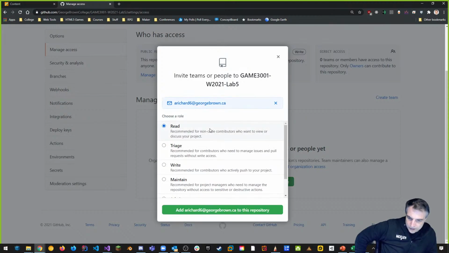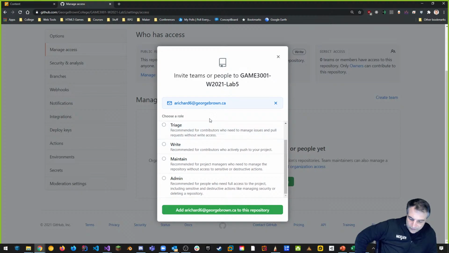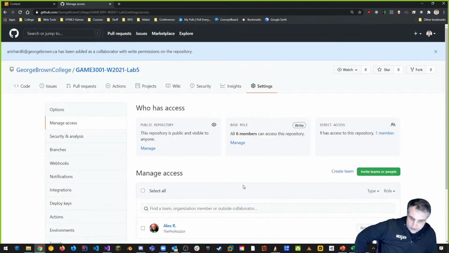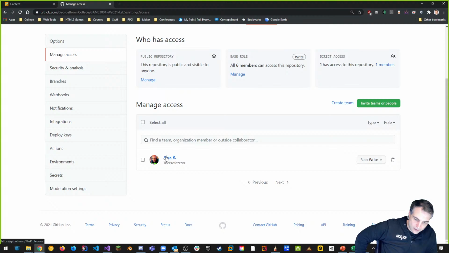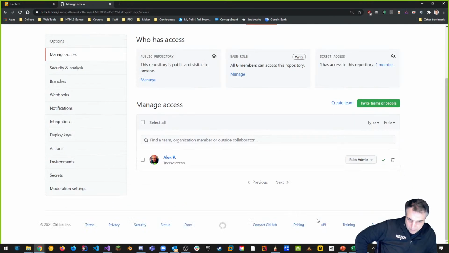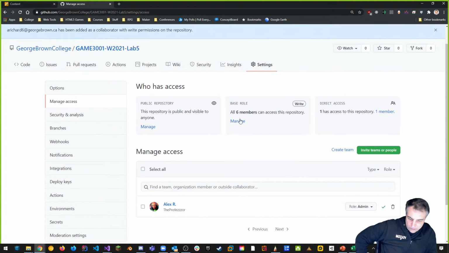So if I do this and click on add, Richard at georgebrown.ca, I can give him whatever access he wants, read access or write access or whatever. So you can see that I can add him to this repository. He will get a request for this, right? And what's going to happen with this request is he can respond or not, right? And when he does, if I want to make him an admin, I can always change it. I can say, okay, I want to make him admin. So now with admin access, he can go into this repository